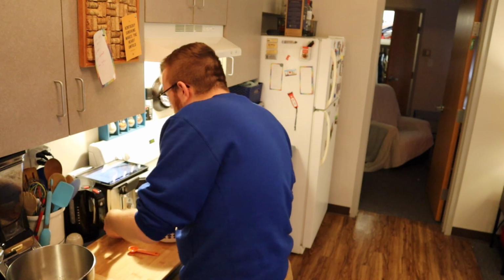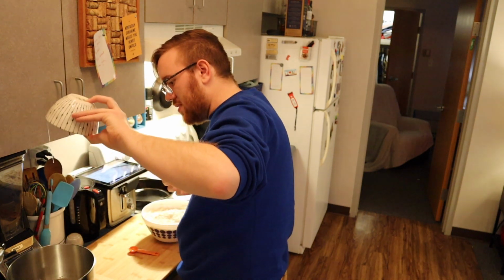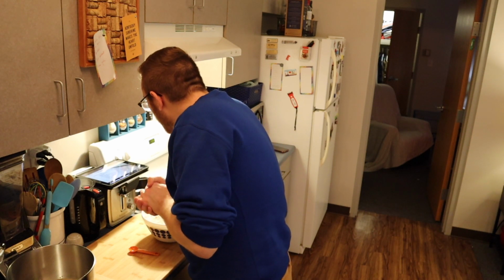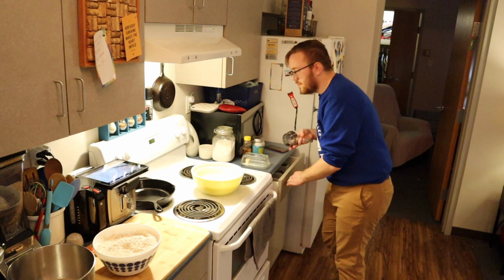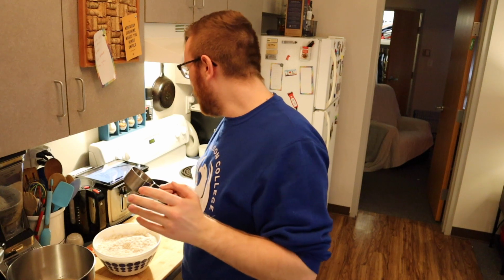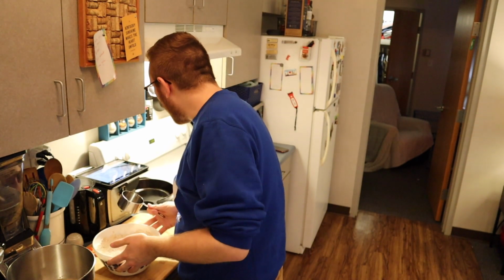Alright, so we've got oil, honey, 2 eggs. Hope that's right. Yep, that is correct. 2 eggs. And 3 cups of this flour. I already put the cup measurements. But we have another one. So 3 cups. This recipe calls for bread flour or white wheat flour. I used 3 cups of bread flour and 3 cups of wheat flour. Hope it works. So we want to add 3 cups of that